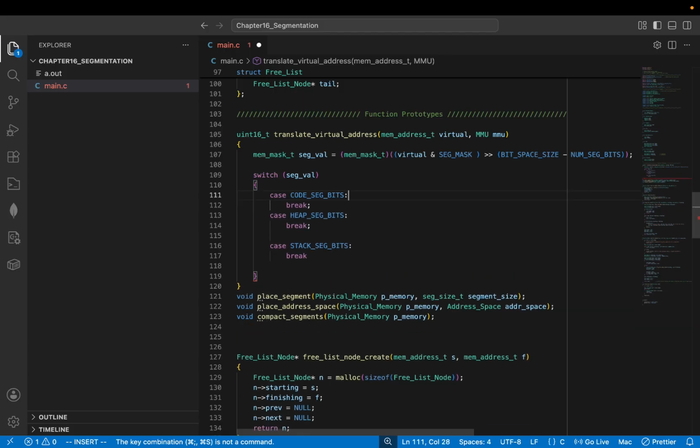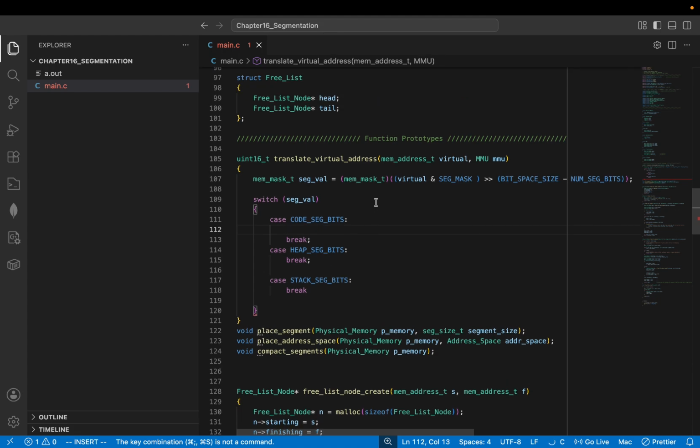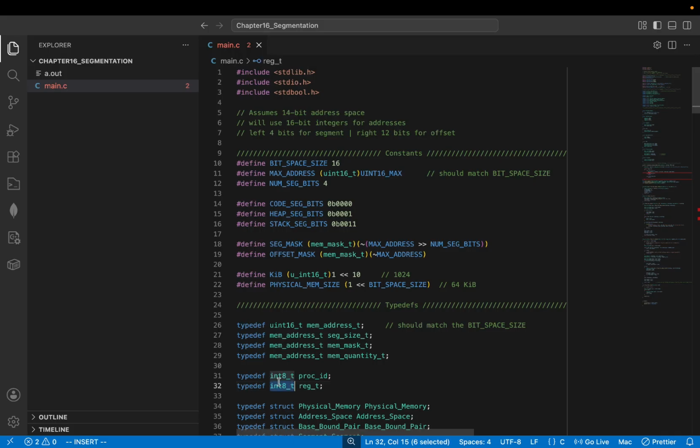I want to translate by basically saying the MMU pointer, obviously, the current code base, so the offset, mem address t offset is equal to the virtual address minus this base register value, which is a register t, but that's fine because it's the same thing as something. Is register t the same as, ooh, hold on,